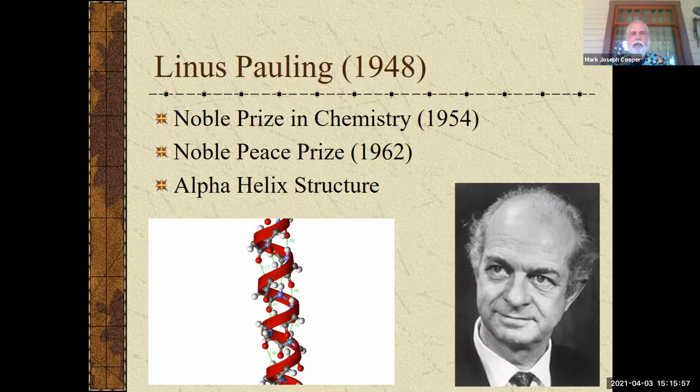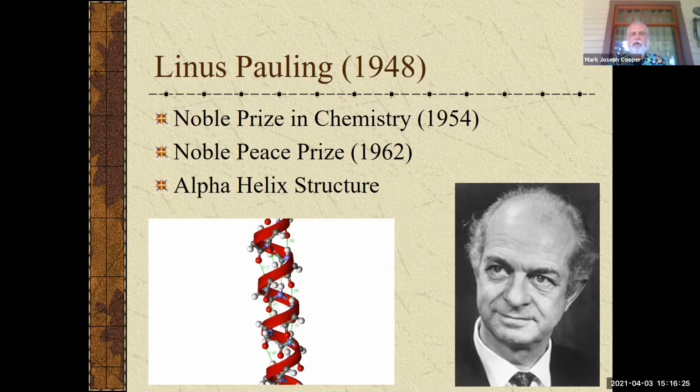Now, Linus Pauling has won 2 Nobel Prizes, one in chemistry on bonding, and then the other, the Nobel Peace Prize, for his work on the Manhattan Project. And it wasn't really the work on the Manhattan Project, but the condemnation of the nuclear bomb and his fight for not using it. But anyway,